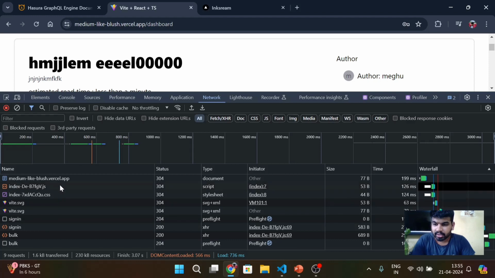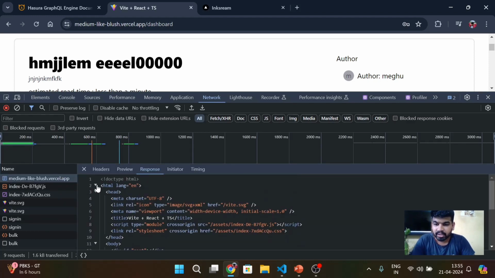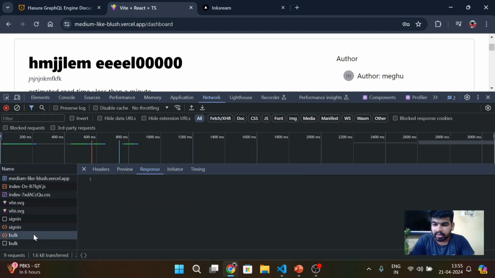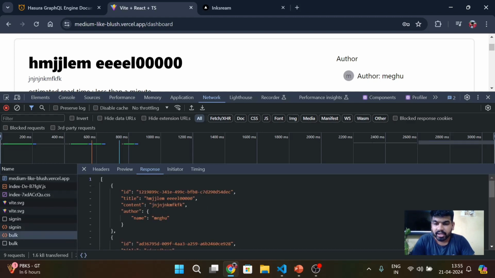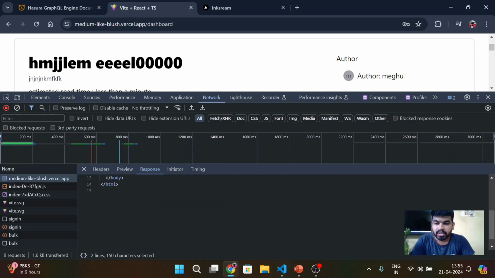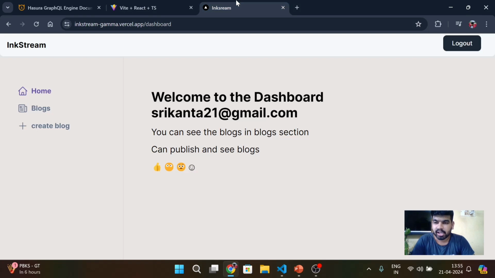we can see that at the initial load this is the root single element that has been called, and in a waterfall model the scripts are attached here. These are called eventually, and again a request is sent through the JavaScript file and the content is received. So the Google crawlers could not see the content in this response, whereas in this Next.js application,